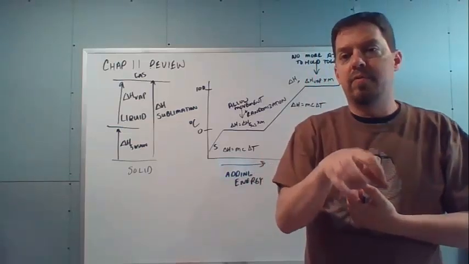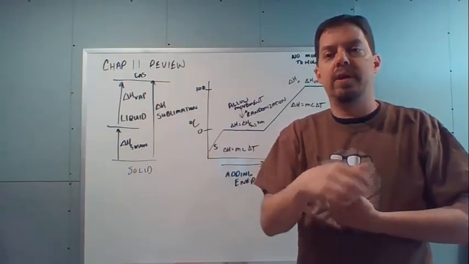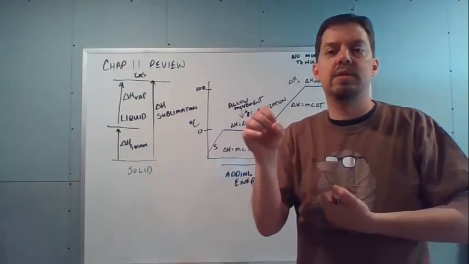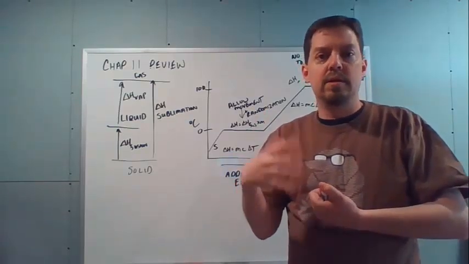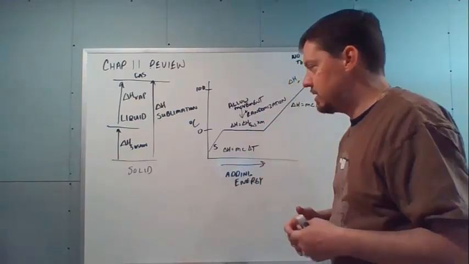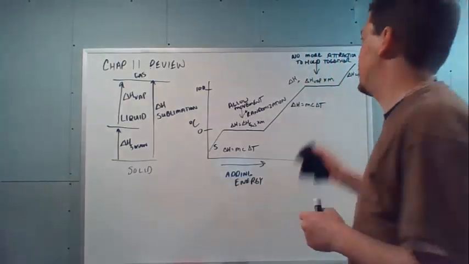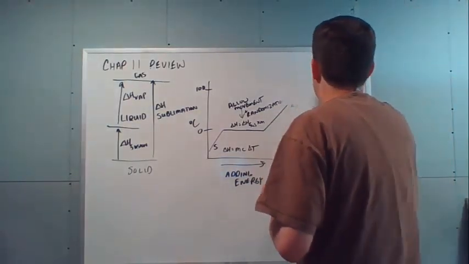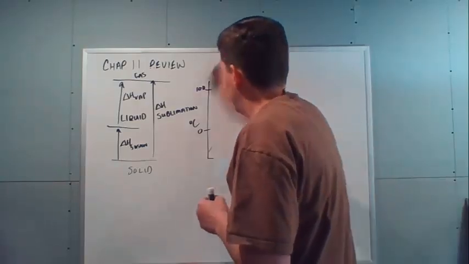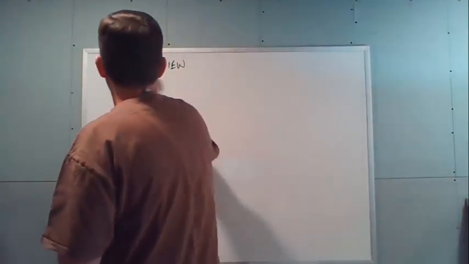Stronger intermolecular forces, higher boiling points. Weaker intermolecular forces, lower boiling points. So what's the explanation for that? Well, the explanation for that comes down to vapor pressure. All right, your vapor pressure is a measure of